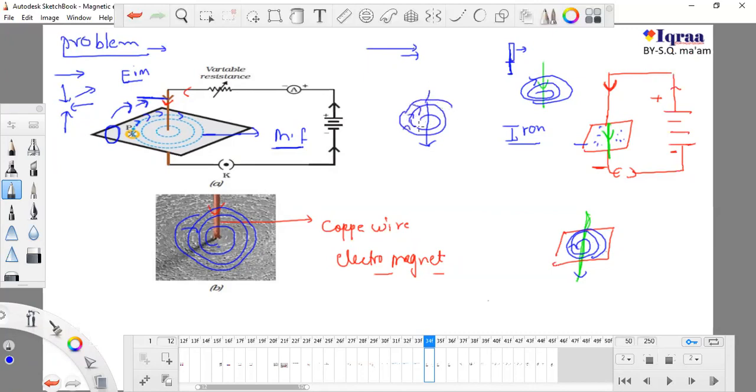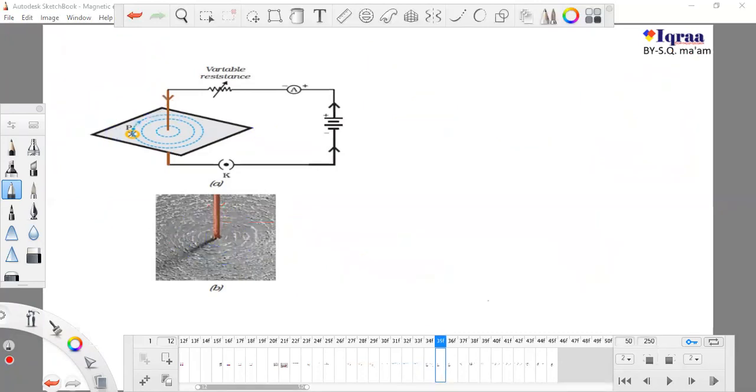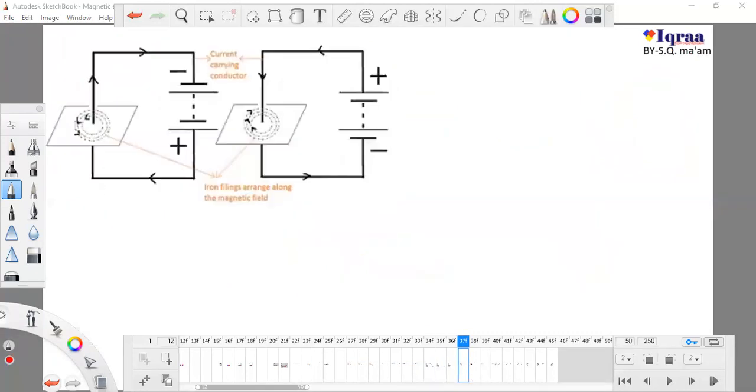So we can find direction by using a pen. This is the only method. The Maxwell method or right hand method we can practically use for our exams or question solving purposes. Now one thing is very clear to us, that if this is a conductor, there will be magnetic field lines, and the direction of the magnetic field lines will be like this, only because the direction of current is here.